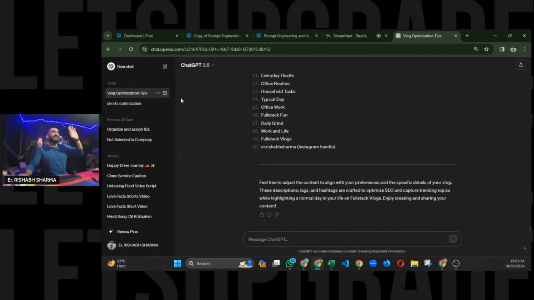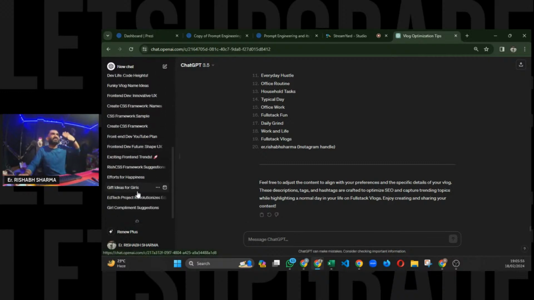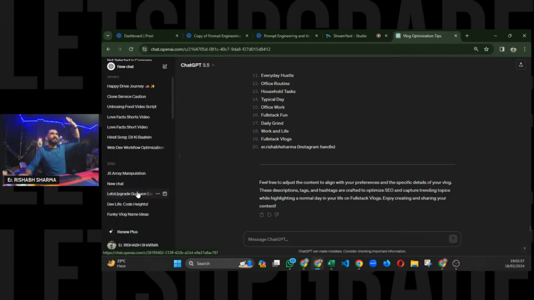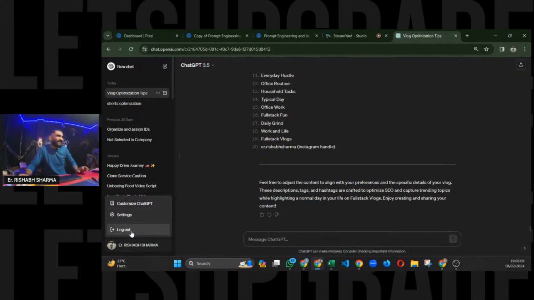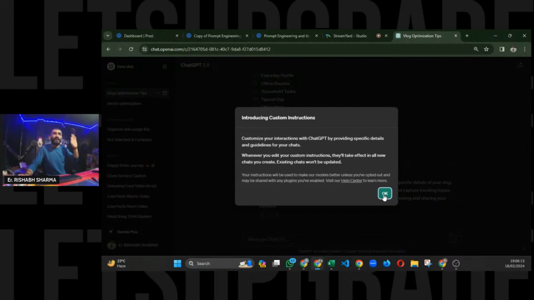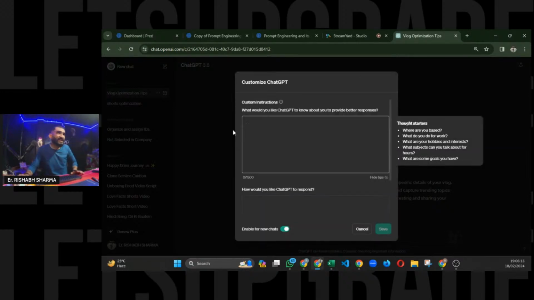Cool. So see, on the left hand side, we have the history. This is the complete history of what you search and all things like that. Now, over here, this is your account section. You can simply log out from there. You can customize your ChatGPT. What we mean by customize your ChatGPT is that you can give a predefined set of instructions that, okay, whenever I ask you something,